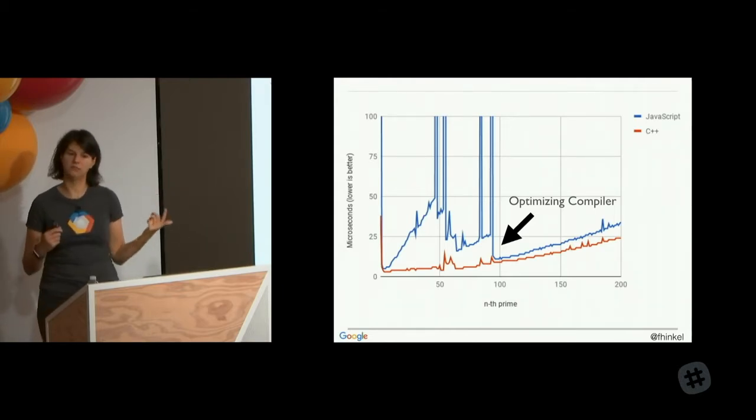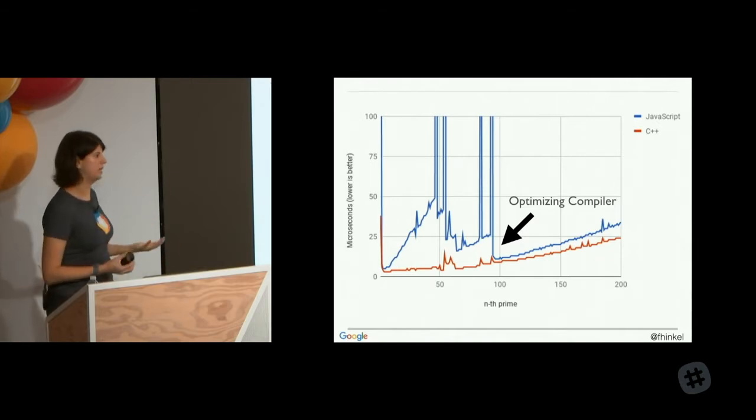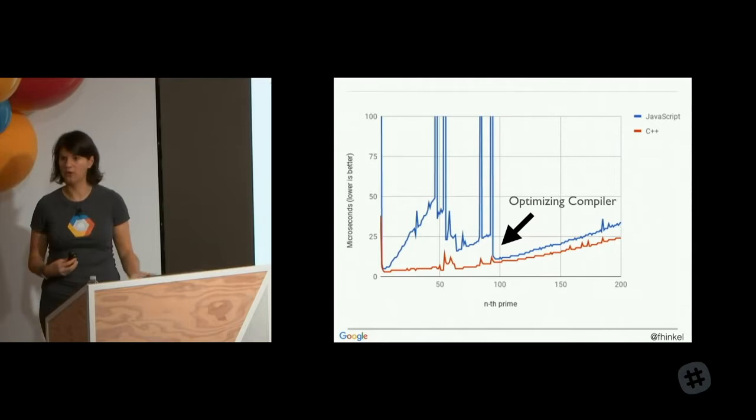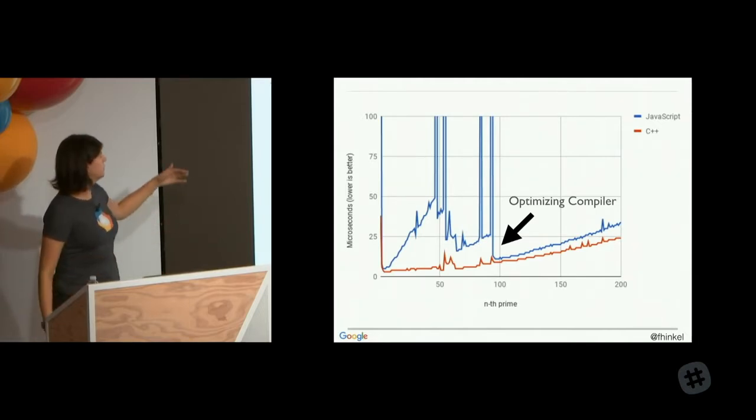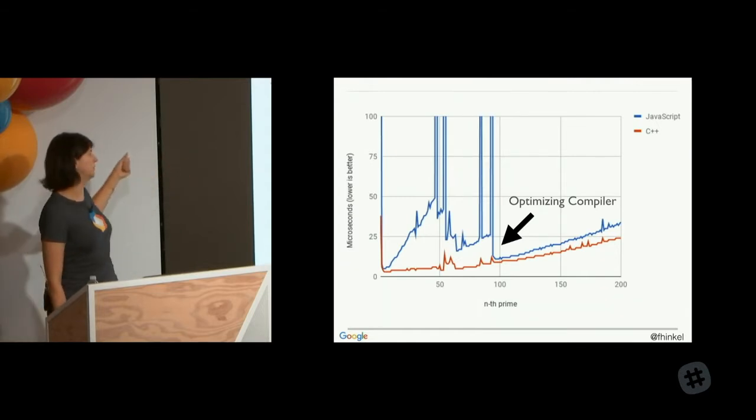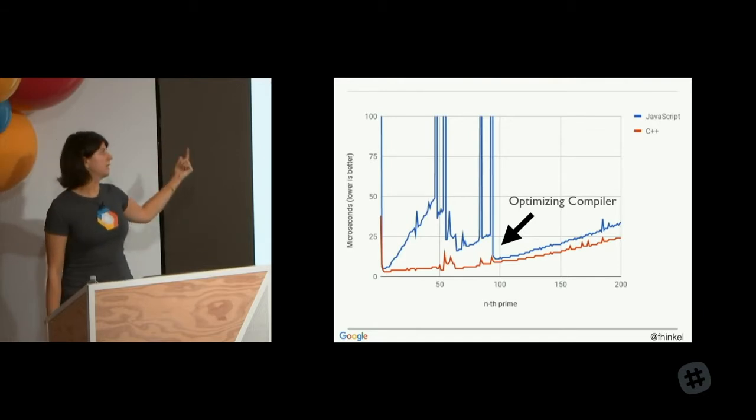Because obviously, recompiling something also takes time, so you don't get it for free. And that's also why we can't optimize everything all the time, because it's a trade-off between, is it worth optimizing this function? But we're calling the same function here over and over again in the prime number calculation. So it's considered hot and it is being optimized.